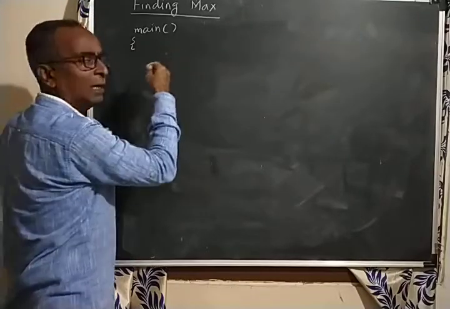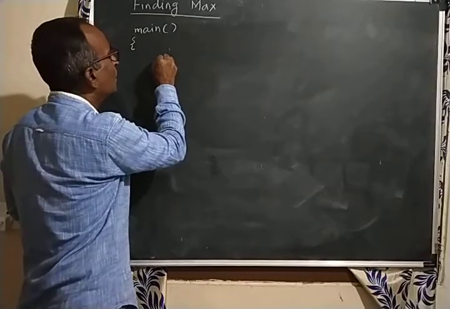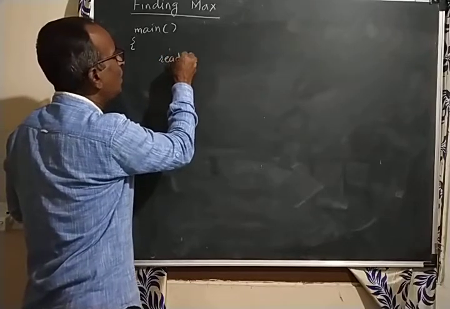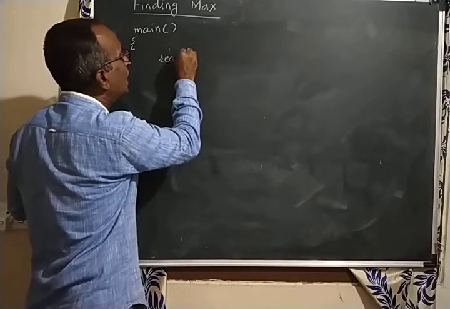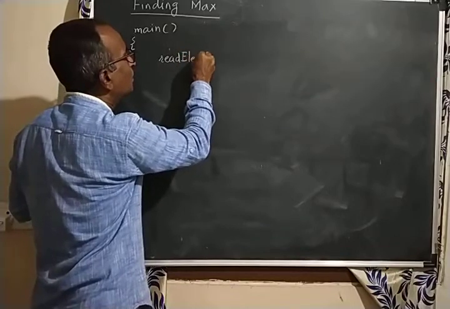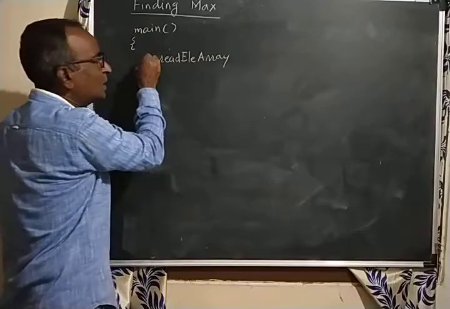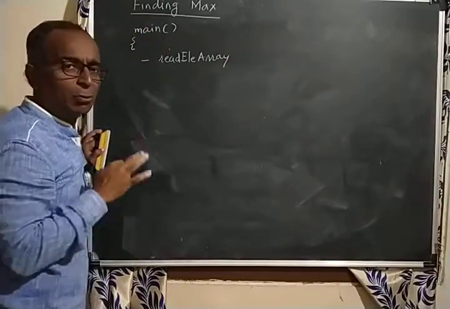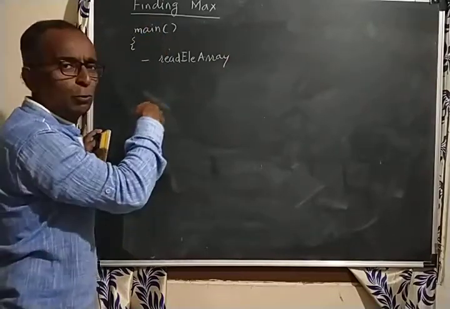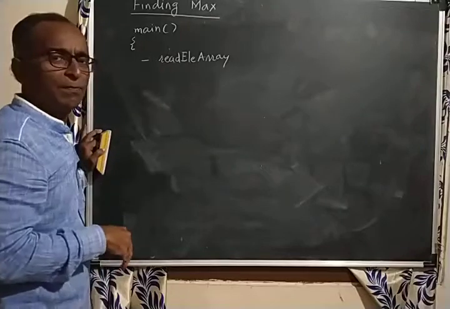Earlier we have seen how to read elements in array. I am not writing anything. The same steps whatever we have seen up to scanf, that for loop and scanf, the same way